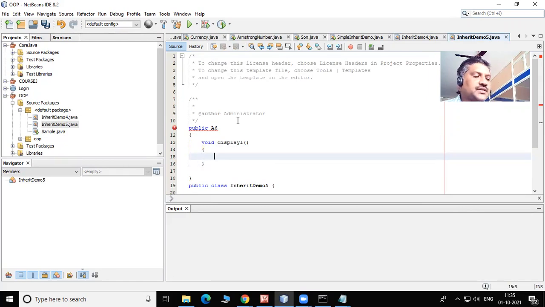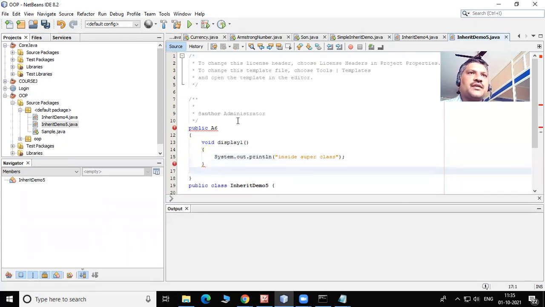Inside this, I'm typing one message, that is System.out.println. Here I'm writing inside superclass. So this is a method that I have written in my superclass.